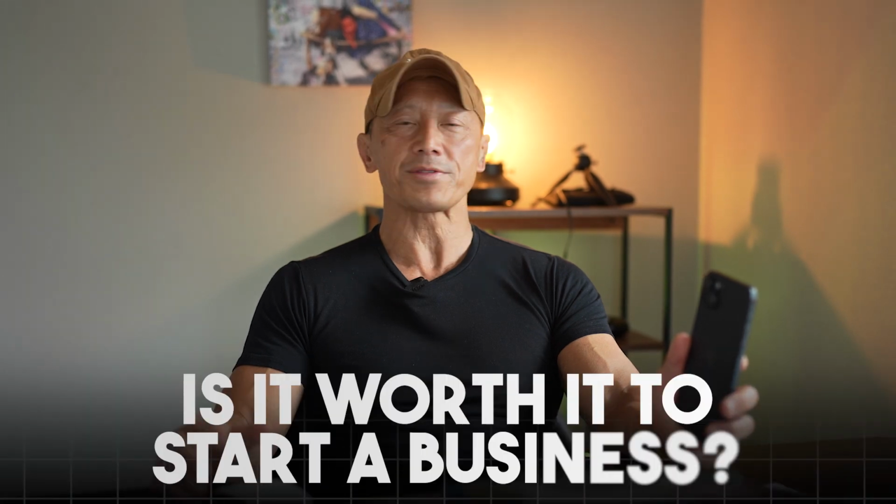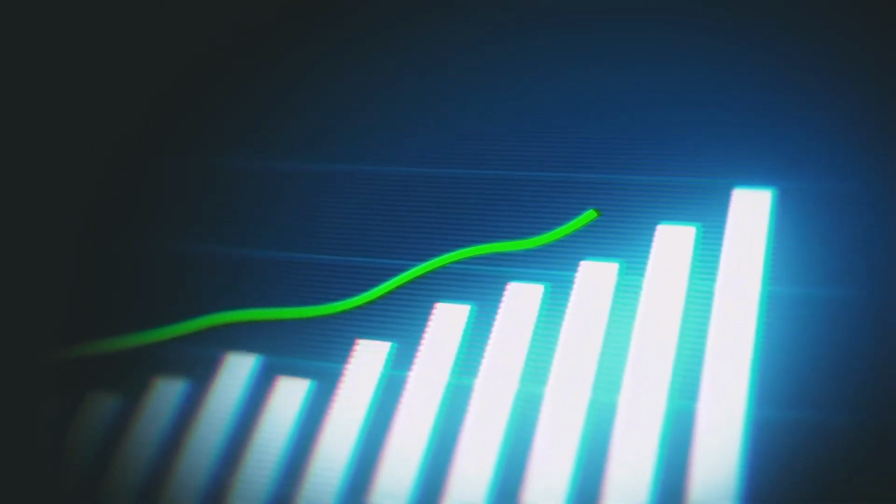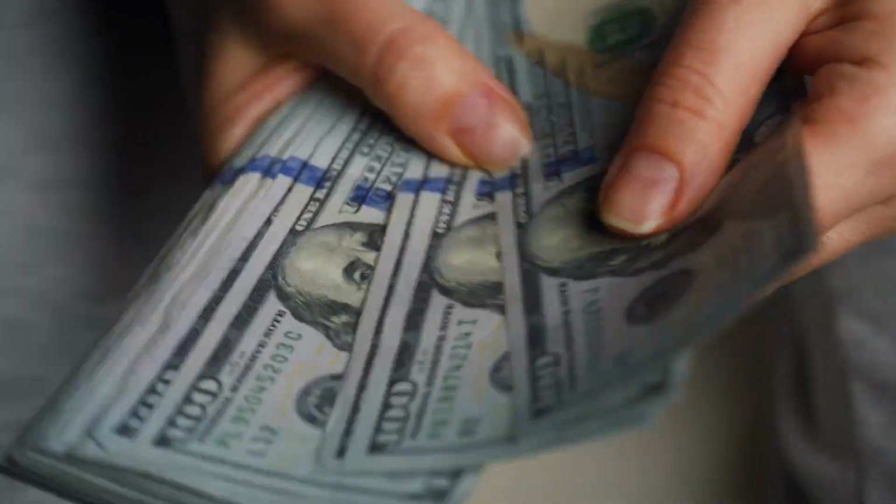So is it worth it to start a business, recruitment business, if you're considering about in Japan? A lot of companies, actually recruiting companies based in the US or APAC, will actually open up offices in Japan simply because it just behooves them, because the profitability or future profitability for this type of business is pretty good. It's, as I was mentioning, because it's a candidate driven market, because candidates are so hard to find, the fees are a lot higher. But then again, it takes a lot more effort to find candidates,